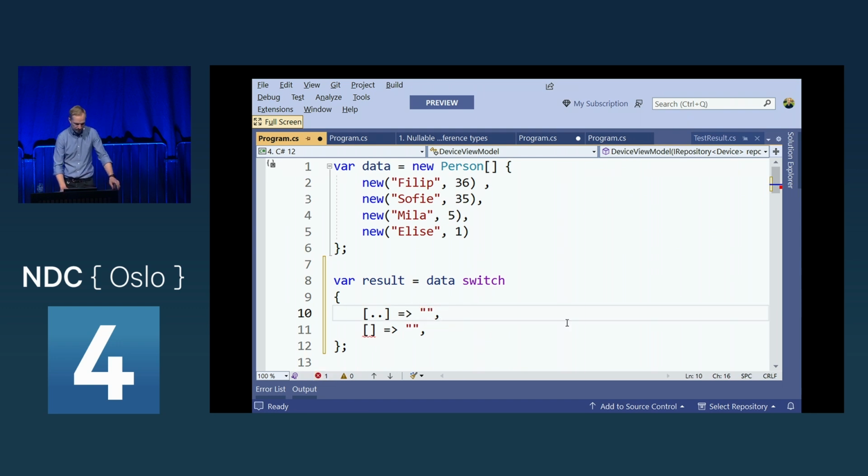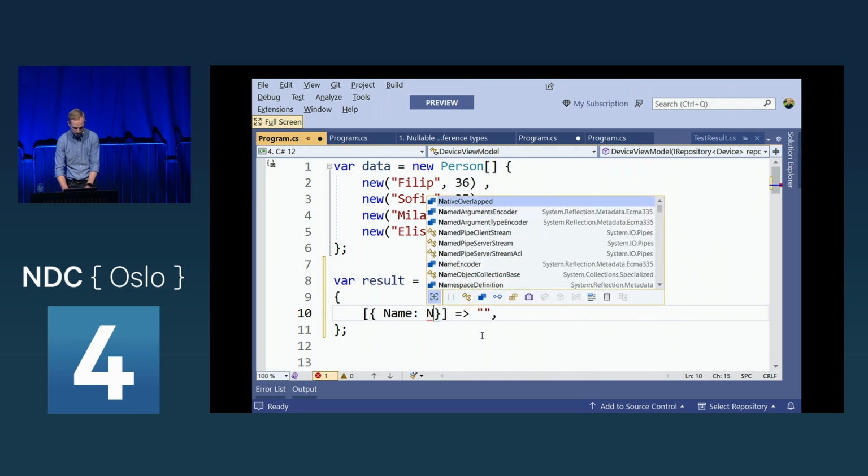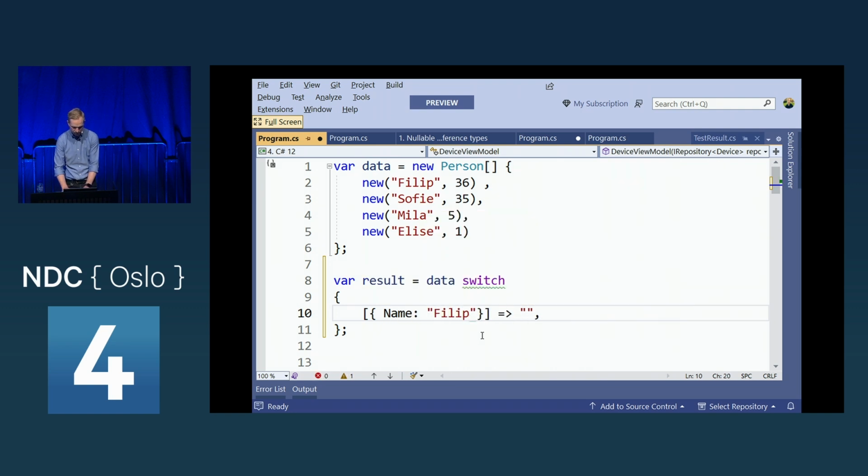Here we go. I could then say that as long as it has, or not empty, sorry, this matches empty. But I could capture that range to say that, for example, I'm going to show you an example here. I could say that the first element in this array, or list of people, has to have a name where the name is Filip.